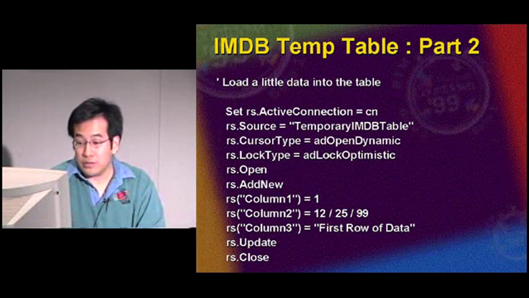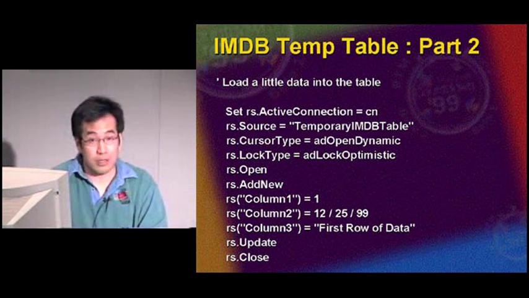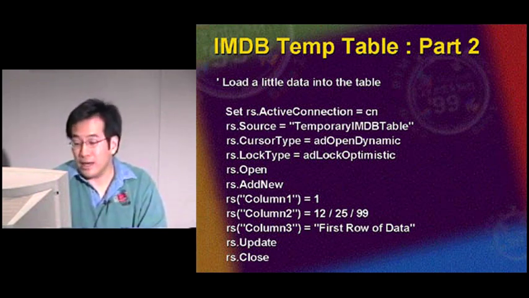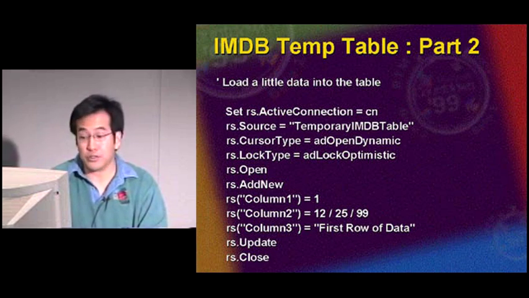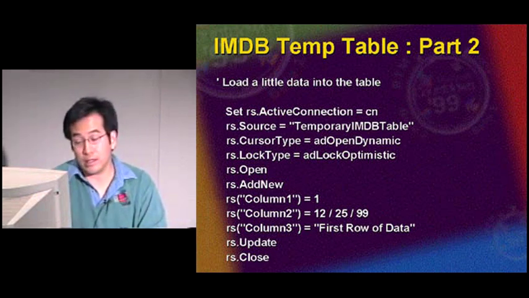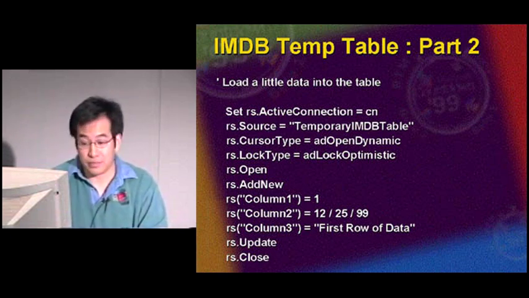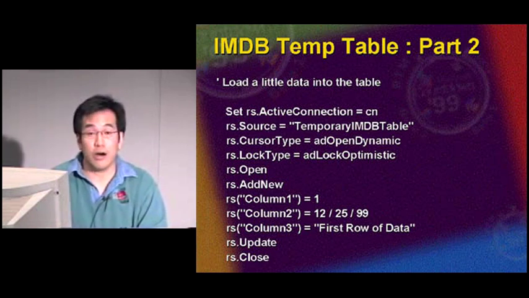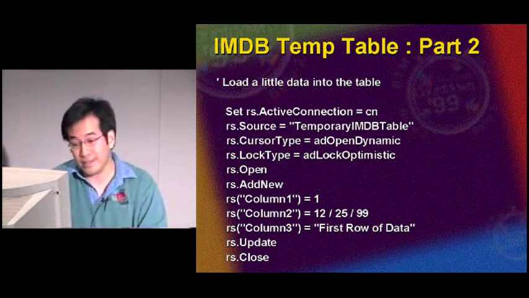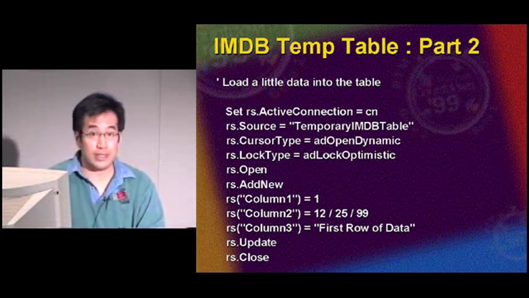Then we just, after we create the new record with add new, all that's required is to fill the 3 columns that we know to be part of our record set, and then equate those columns to literal values, as we see on the lower part of the slide, whether it be integer values or date values or string values. And then we just call the record set update method in order to put that data into